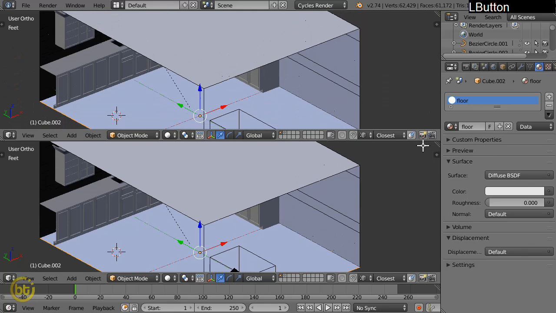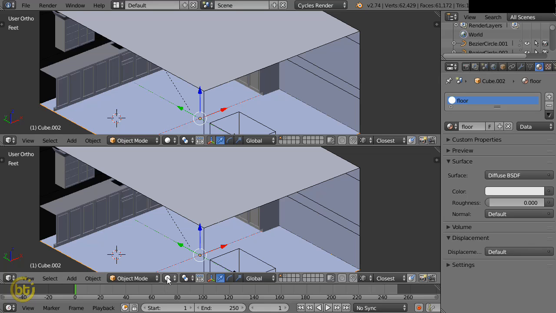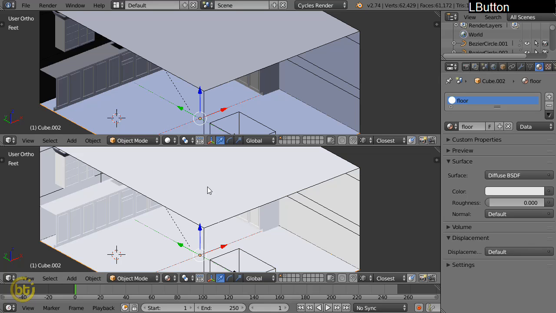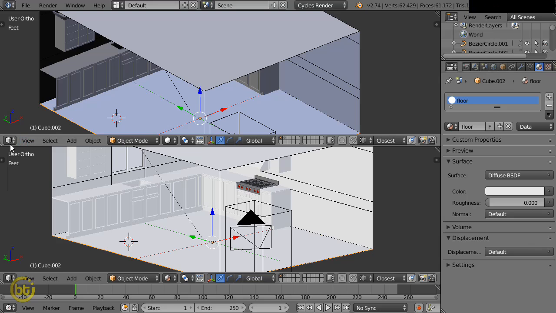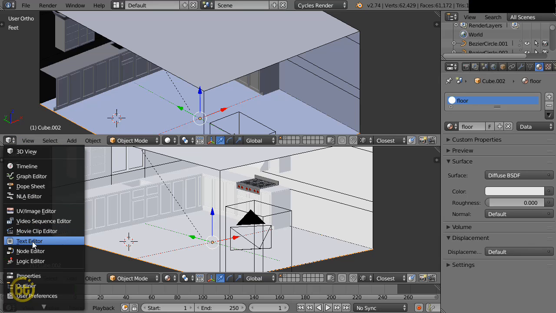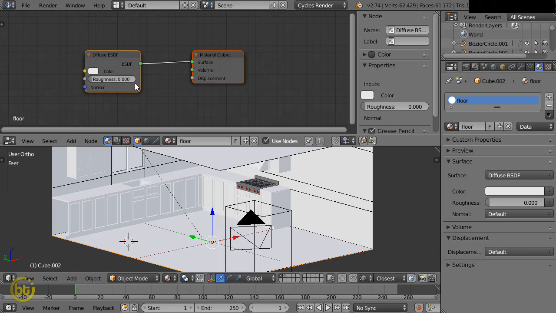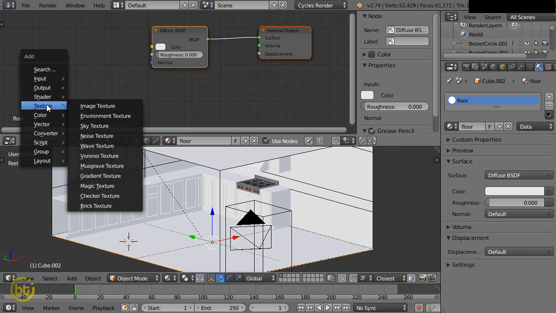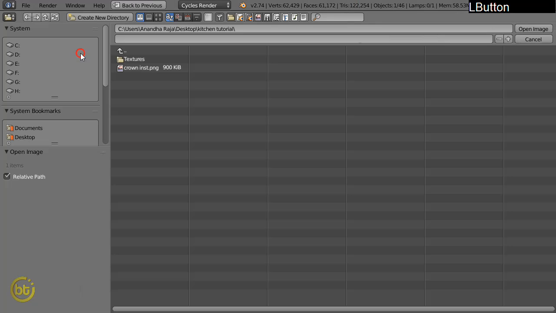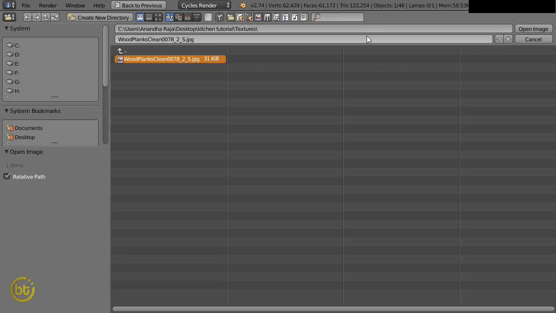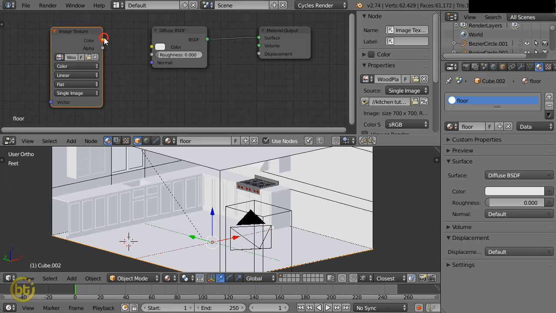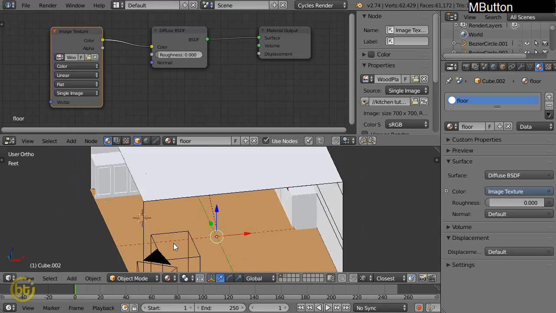Okay, now split this view and change this one to material. Okay, and now change this one to the node editor and texture, add the image texture here, and the image texture is wooden plank clean 00782 underscore. So this one is downloaded from cgtexture.com. I will provide the link below this video. Okay, you can download that and connect this one to that, and you will see